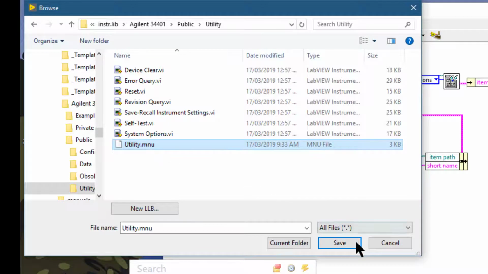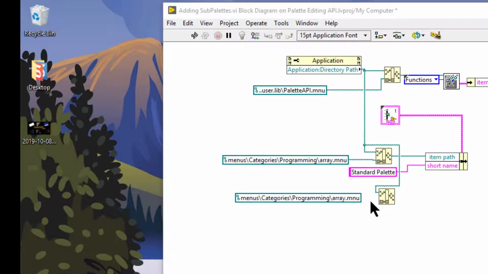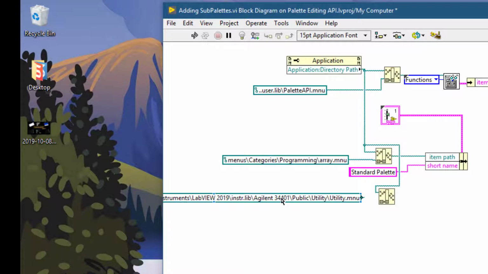This is the menu that we want to use, and we would be using relative path from here. We have the LabVIEW path already, so let's connect this,